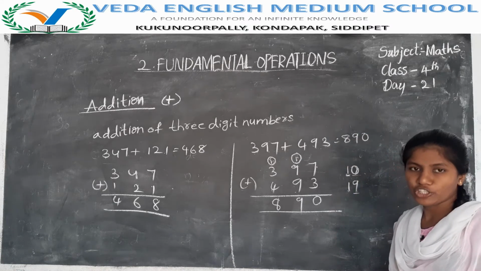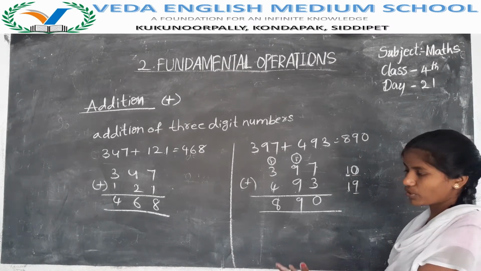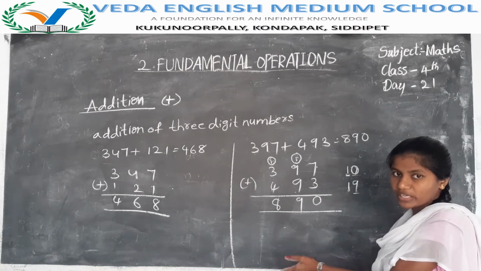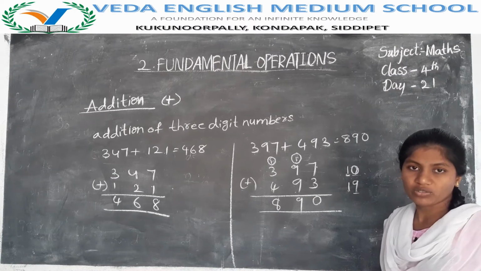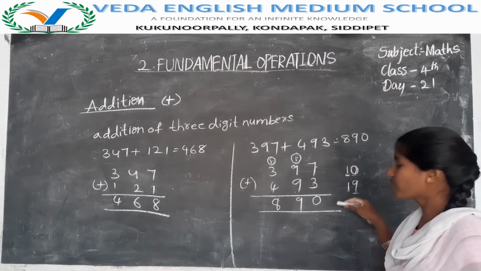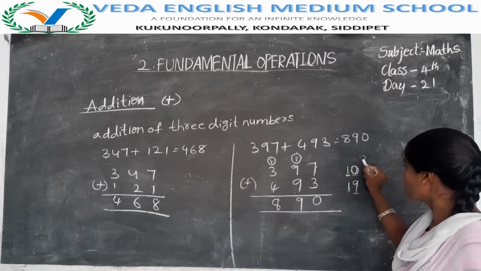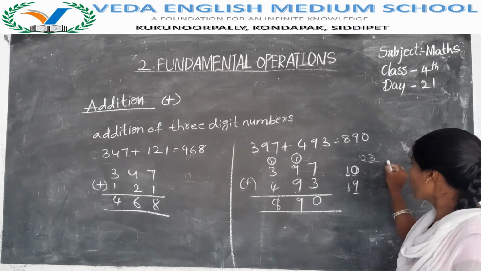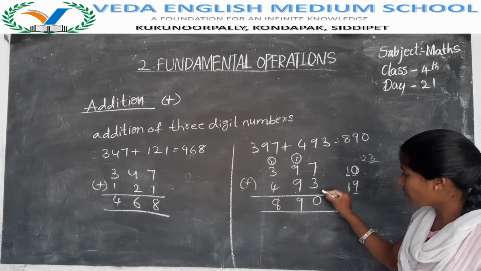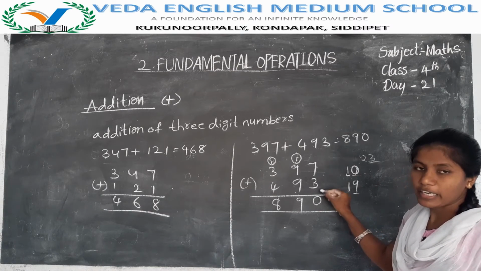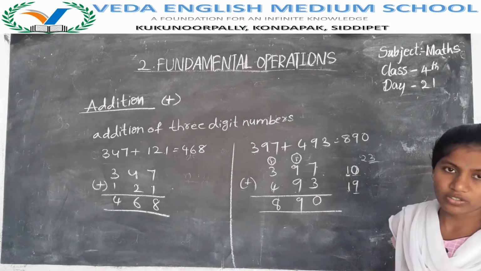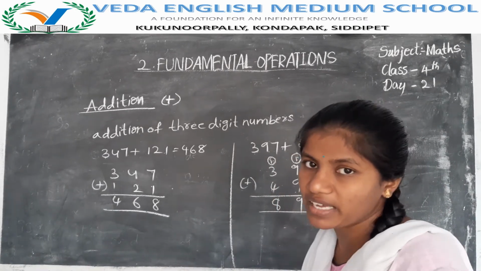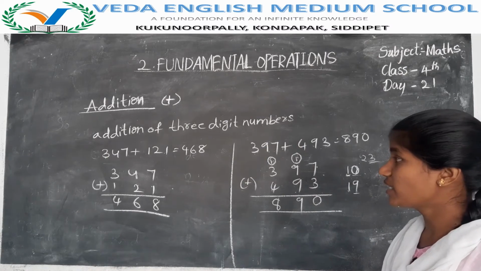Like this, addition of 3 digit numbers, without regrouping, with regrouping, without carry, with carry. If you have a carry, you only have to remember the ones place number. If you get confused, simply write the 2 digit number beside the addition and see what you have in the ones place. That ones place number you have to write in the answer. The tens place number will carry to the next number. You have to write the tens place number as carry and the ones place number as the answer. Like this you have to add 3 digit numbers.